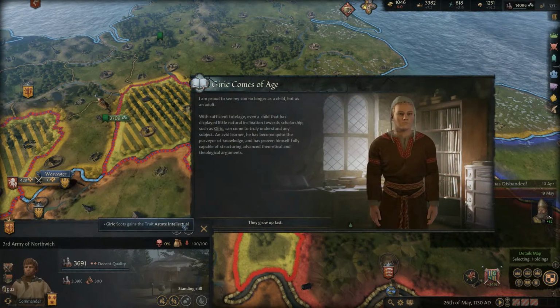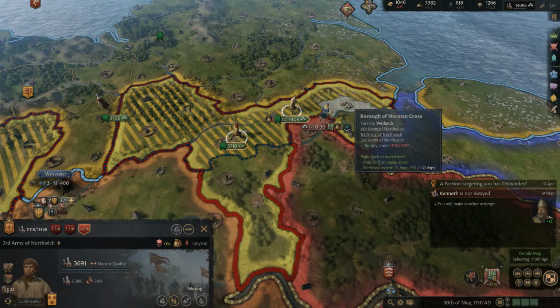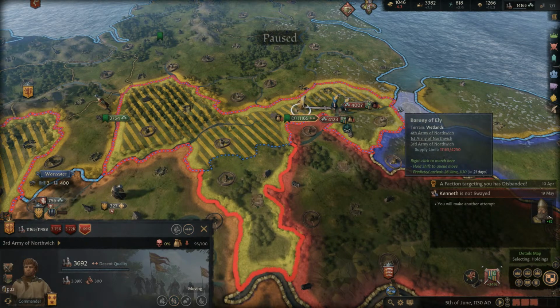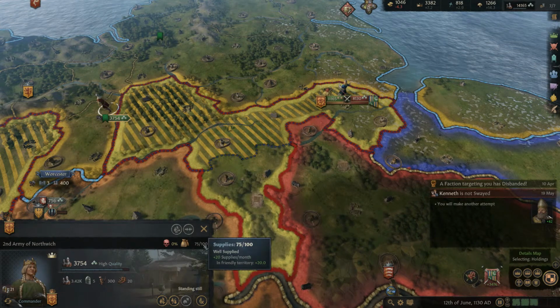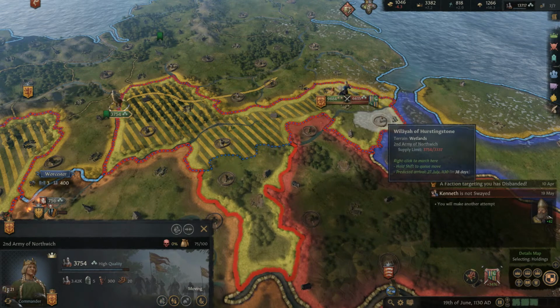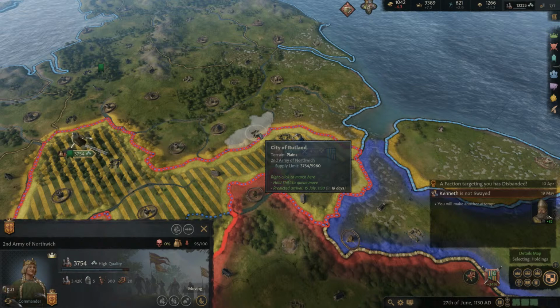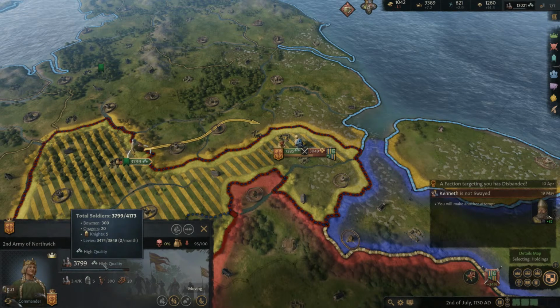Giric comes of age, an astute intellectual. Alright, this should knock him out. Meanwhile, these guys are still gaining supplies over here. Oh my! Oh, that was a hard-won thing there. Didn't seem like it should be that hard, but...